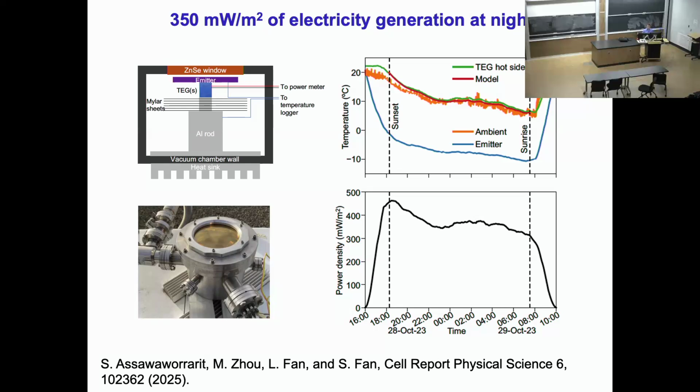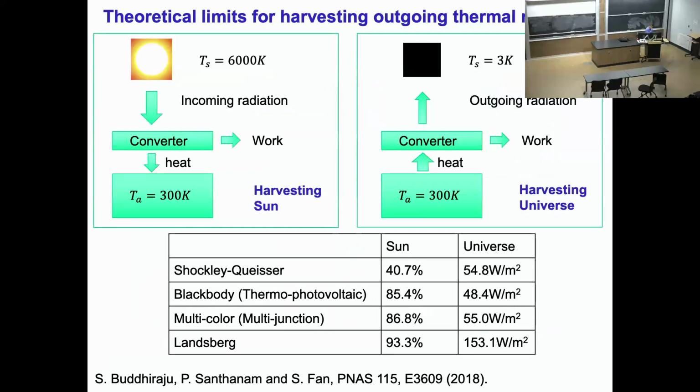Now, we are actually a theory group. It's not entirely obvious from this presentation, but we mostly work on theory. So one of the theory questions you can ask yourself is, what exactly is the theoretical limit of the power generation from here? It turned out you can do interesting thermodynamics about it. In fact, there's a very large literature on solar energy harvesting. You ask, if I have sunlight coming from a 6,000 Kelvin black body sending into an ambient, and I put a converter on the ambient at 300 Kelvin, what is the efficiency I can get out